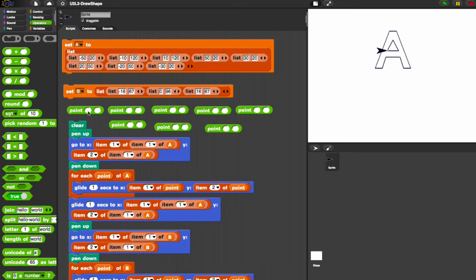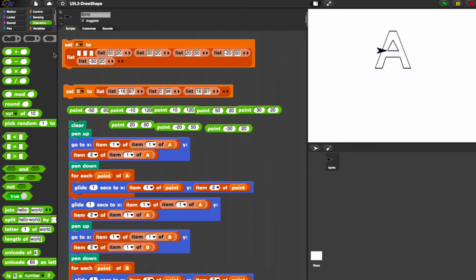So I'm just going to put in all the numbers that I see. So -50. Next one is 20. Next one is -10. 120. 10. 120. 50. 20. 30. 20. And then the next row, 20, 50, -20, 50. So I'm just jumping through them, -30 and 20. So all of these now, I just copied all of these numbers up at the top. So if I drag all of these things out,